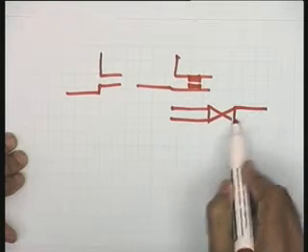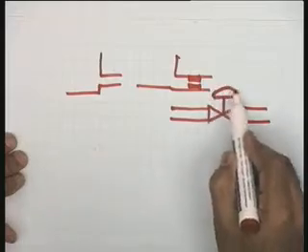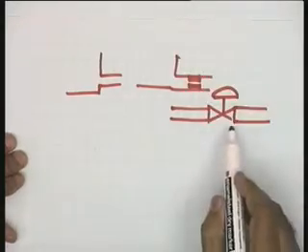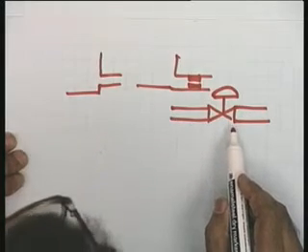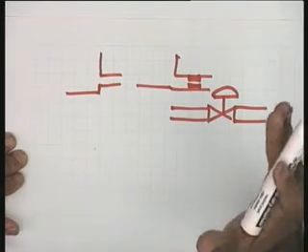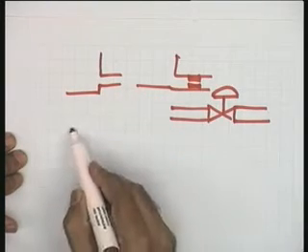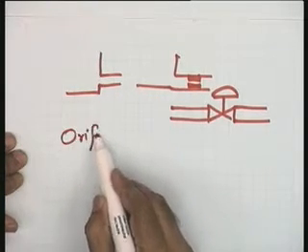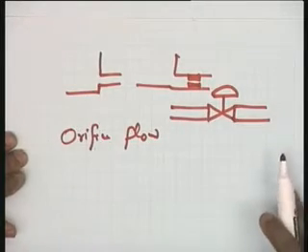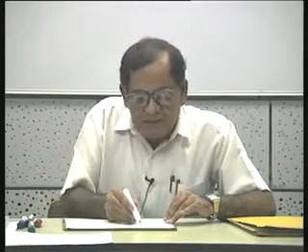Let me symbolically put it this way. This is the symbol to control the opening of this particular valve. So, this also changes the cross sectional area to flow. So, whenever you change the area to flow, there will be a resistance to flow, and I will use the terminology that this is your orifice flow, and all this is represented by an orifice, as we say in hydraulic systems. So, the orifice flow resistance now I am going to define, and this should be very clear that orifice flow resistance may be because of this nature.